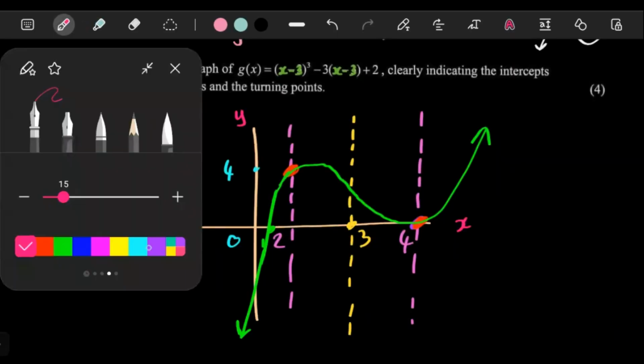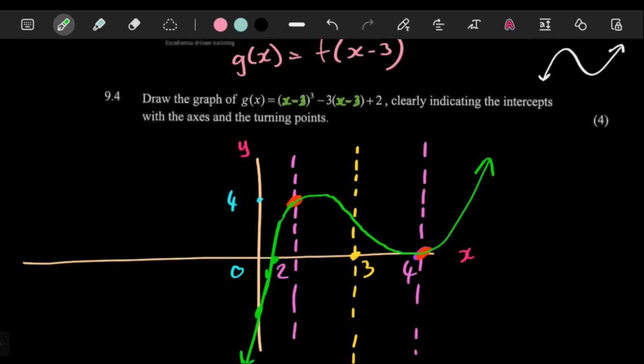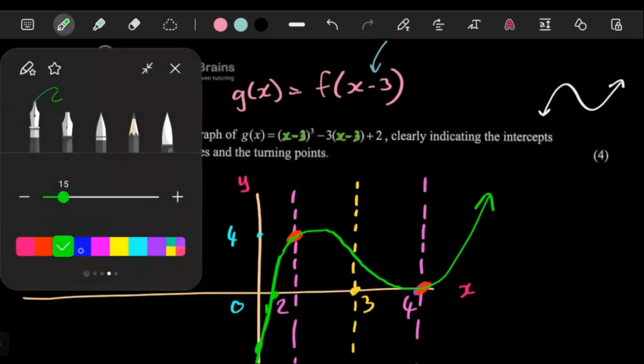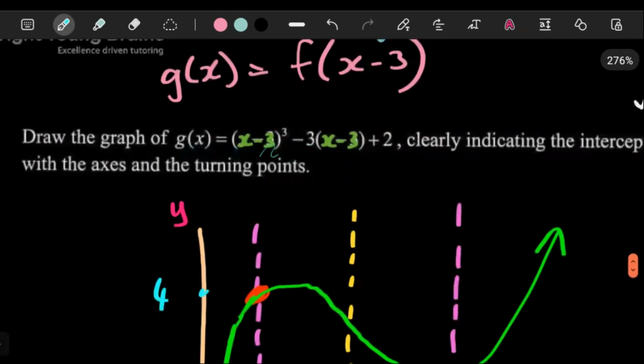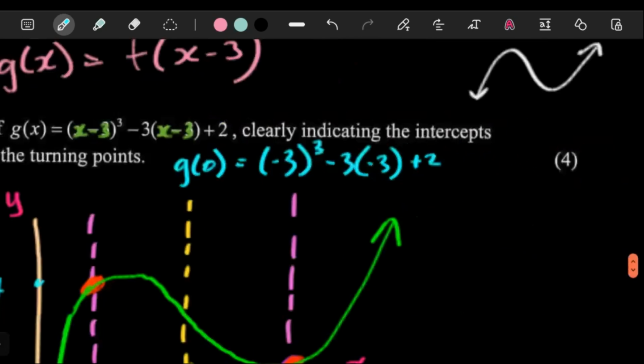So obviously they say we should get everything, right? So meaning we need the y-intercept here also, of which getting the y-intercept means we need to throw in x as 0. So in this equation, you have to throw in x as 0. So if you throw in x as 0, that's going to be 0 here, 0 there. So it's going to be like -3 cubed, and then 0 there. So it's like -3 here, and then +2. So this is like g(0). This is like -27